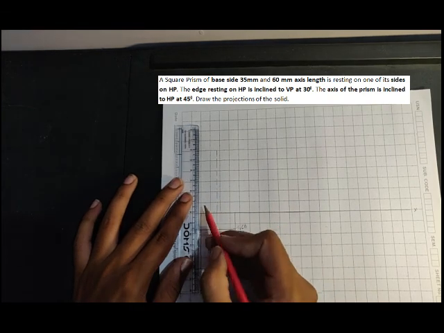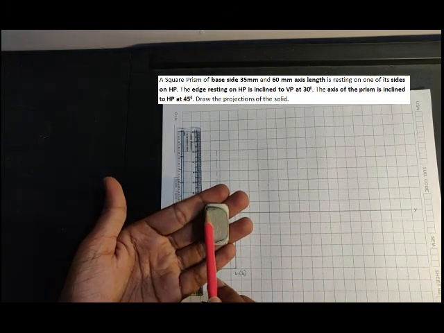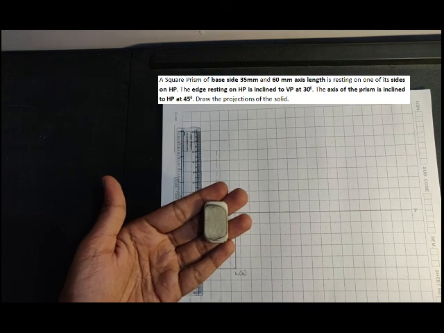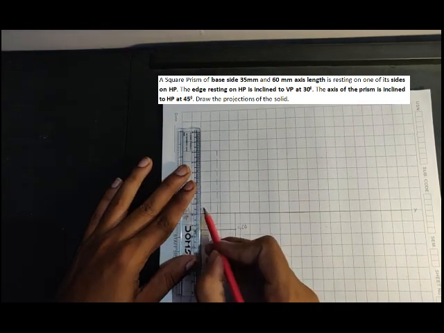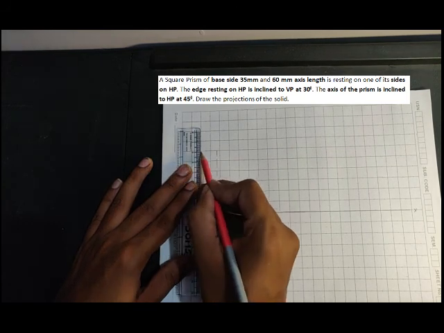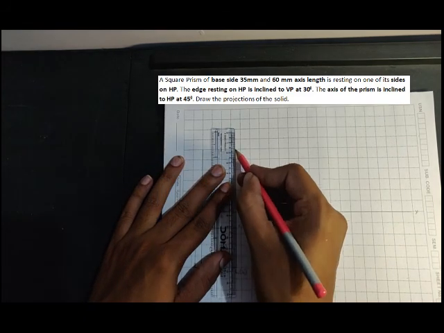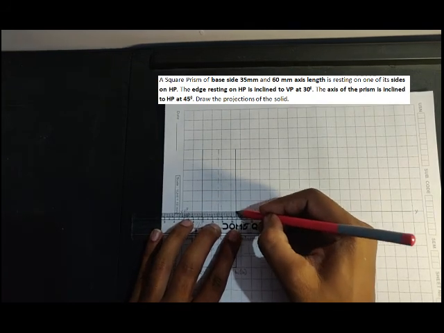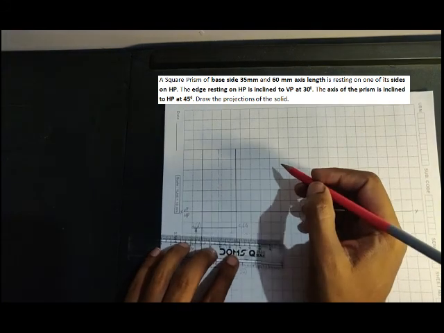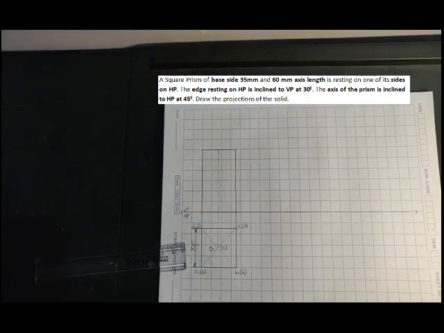So now let me complete the front view, which looks like a square. See, if I place a square prism, so here I can see a rectangle shape here, right? So this is what I'm doing. So if the axis is 60, the other two sides will also be 60 mm. So from this end draw a line which should be visible here. On the other side again it is 60, right? So I'm going to complete this. Even here it should be a visible line, so I'm going to just darken this line here, even on the top I want to darken. So this is how we get.